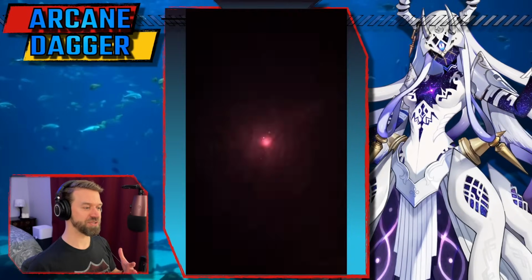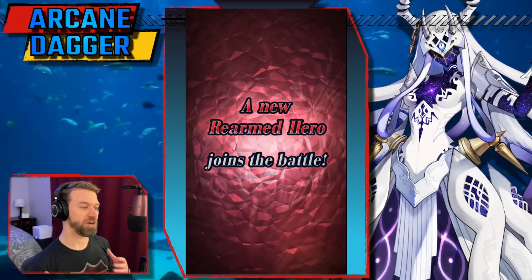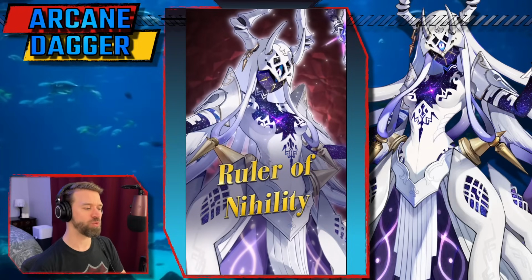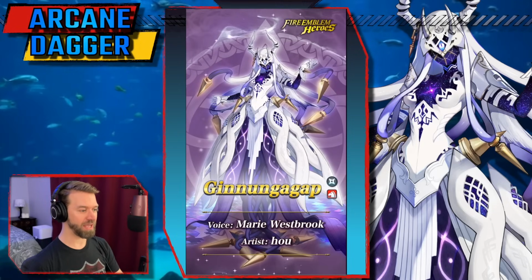So this kind of dispels the idea that we're going to get attuned units in pairs. It also really hammers home the fact that we're going to have fewer and fewer units into the main pool. And those are interesting, and I'm curious what they end up doing about that. We've got Ginnungagap first, and...